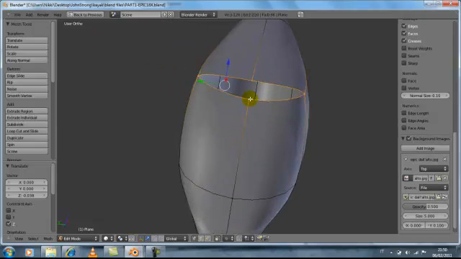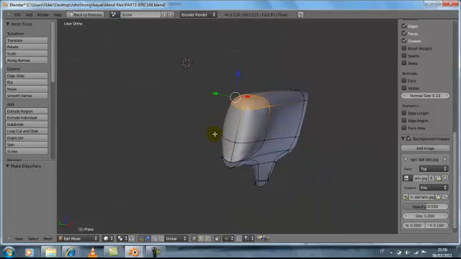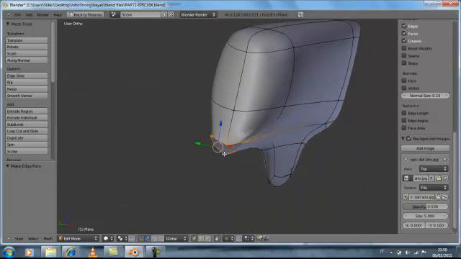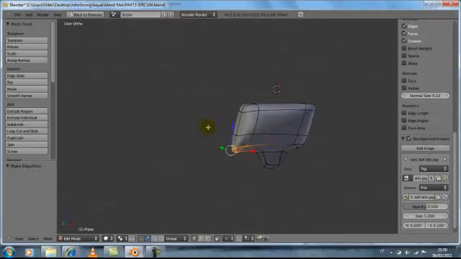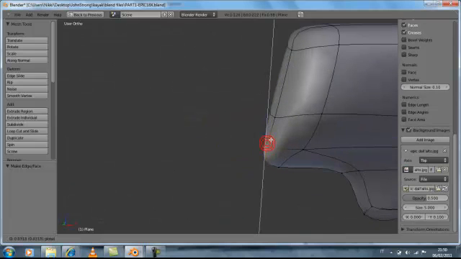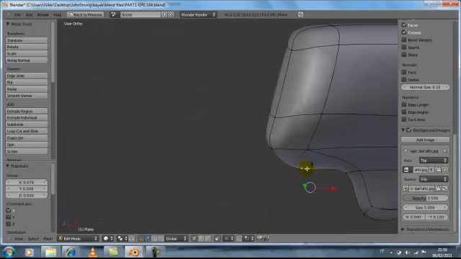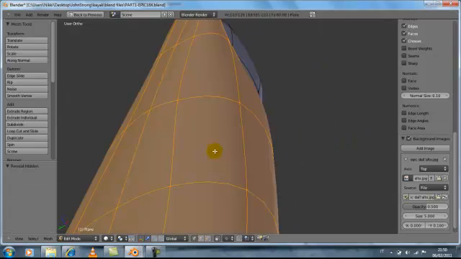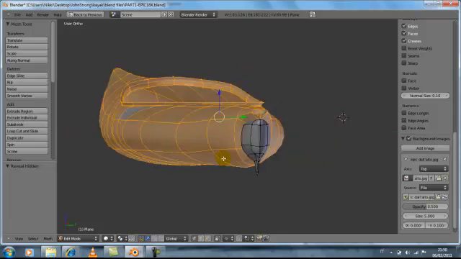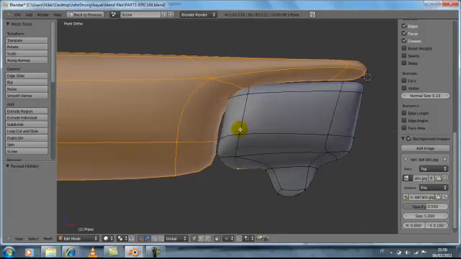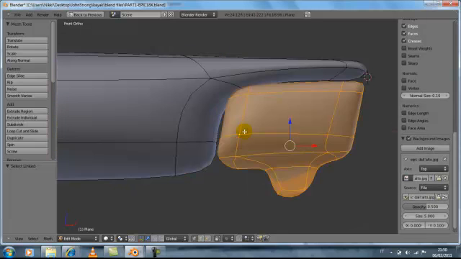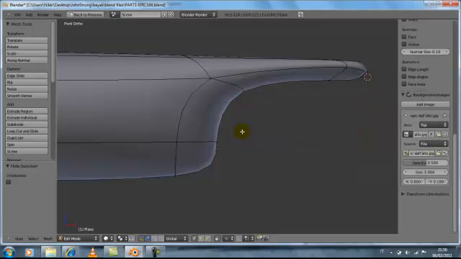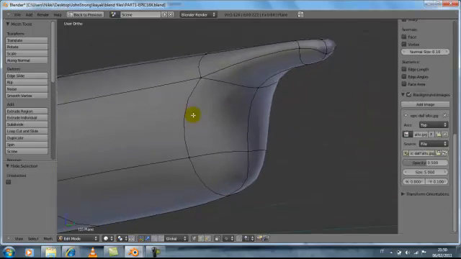select this vertex and F to create a face. We do the same thing here. Okay, Alt H and go to side view, and this time we hide this part, and